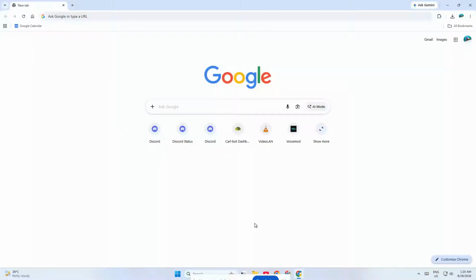If you want to disable guest mode browsing in Google Chrome, you're in the right place. In this video, I'll show you a quick and simple way to turn it off on Windows using Command Prompt so you can prevent people from opening Chrome in guest mode on your device. This is especially useful if you're managing a shared computer, a work device, or just want a little more control